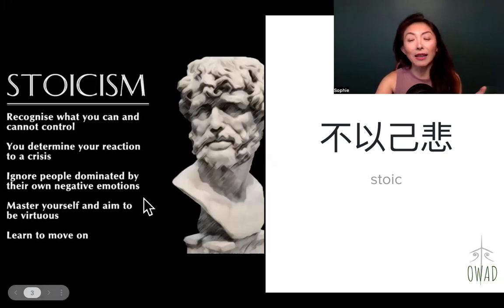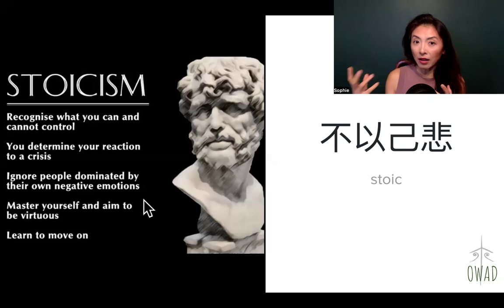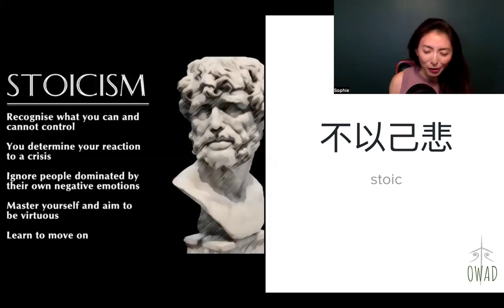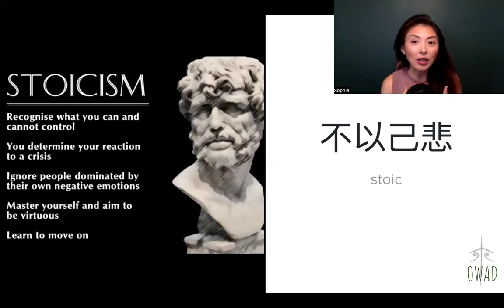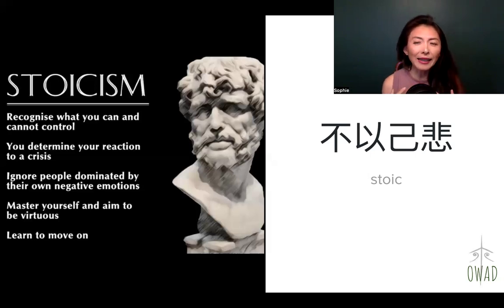Ignore people dominated by their own negative emotions. I guess that's kind of deduced from your own behavior, because you have this emotional response to things. So when other people are controlled by their emotions, especially negative ones, they may lash out at you or do something that's unjustifiable, right? And because you understand your own nature, you can reasonably ignore people who are still in the trap of their emotional control. So 不以物喜,不以己悲, put together, is a very succinct way of Chinese expressing what a Stoic is about.